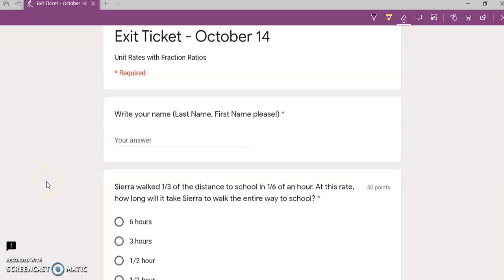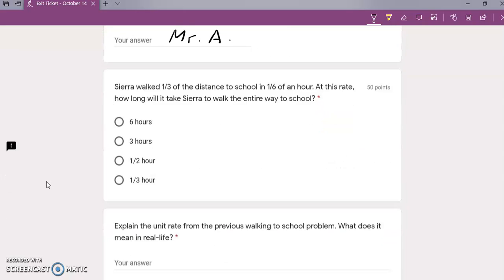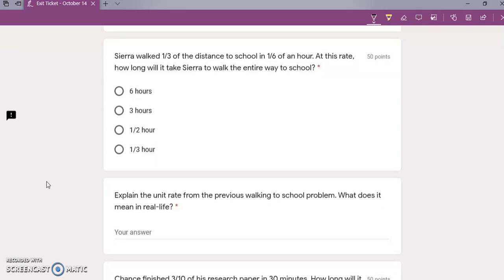Okay guys, so here we have the exit ticket for October 14th. As always, we can start with writing our name first. So I'll just put Mr. A. The first question that we have is Sierra walked 1/3 of the distance to school in 1/6 of an